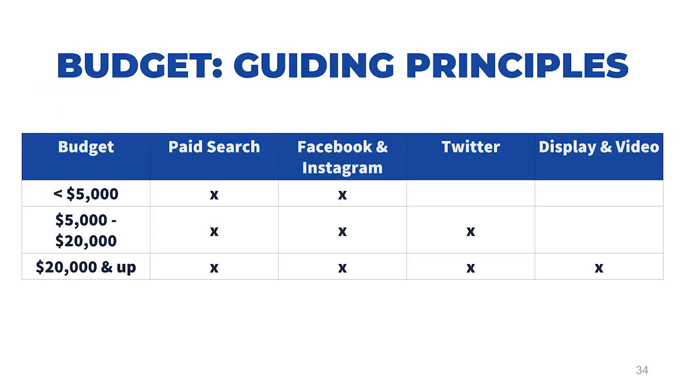Here are some guiding principles to help you in determining your budget. If your budget is less than $5,000, you're going to get the most bang for your buck with paid search and platforms like Facebook and Instagram. Instagram's buying platform is the same as Facebook's. If your budget is $5,000 to $20,000, you're going to have a little bit more to explore using Twitter ads. And if your budget is about $20,000 or more, there's going to be an opportunity to integrate display and video